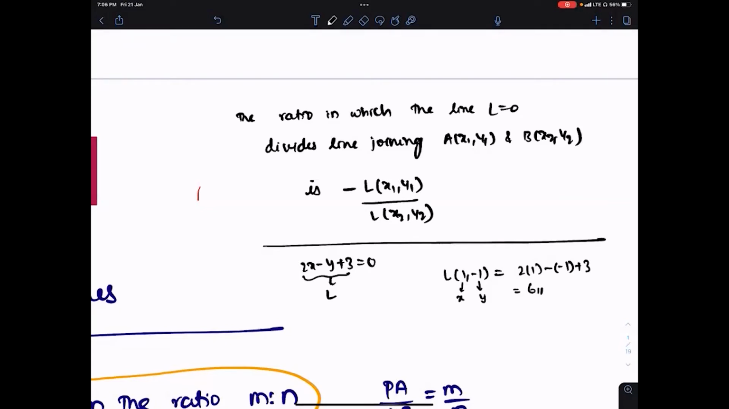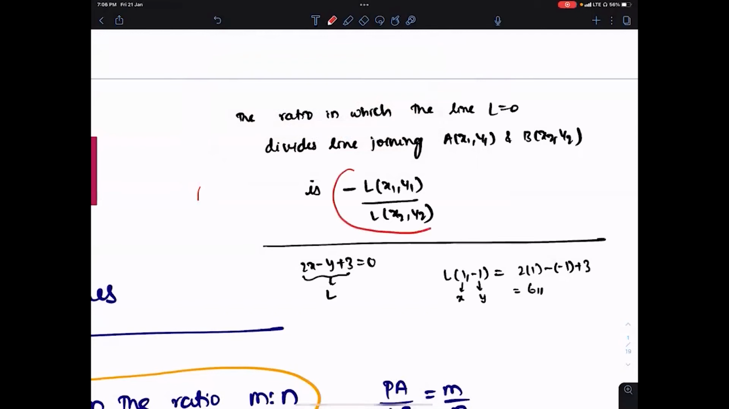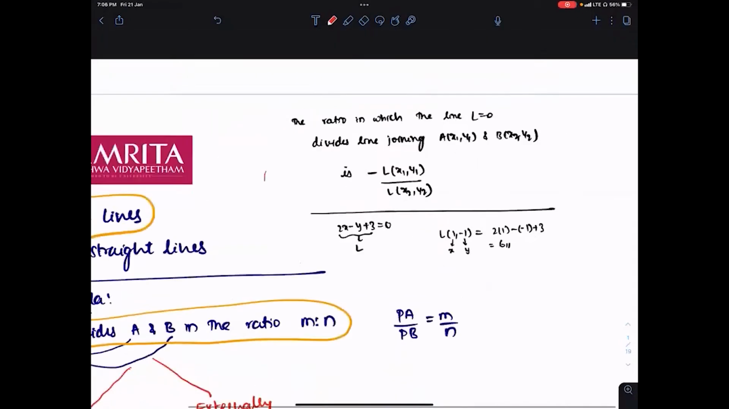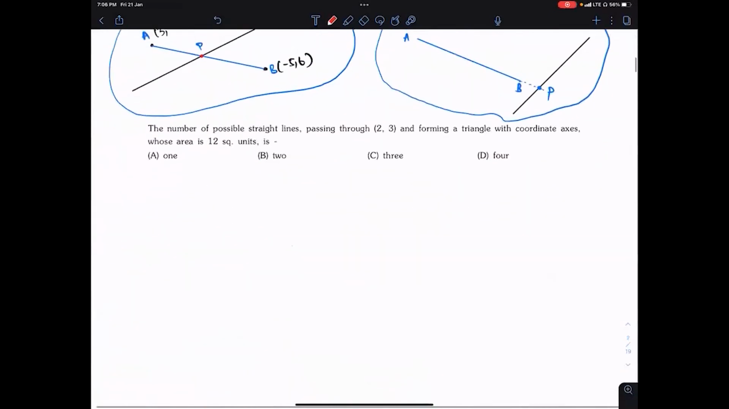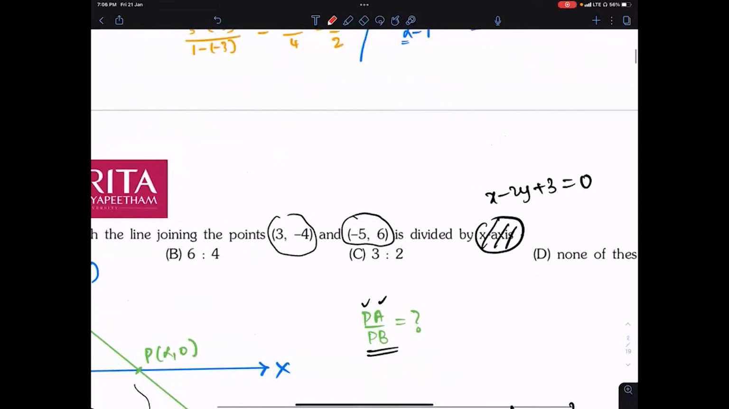This minus will tell you whether internal or external. If it is internally divided, then this whole thing will come positive. External division, the usual notation is negative, like that. So here, if you apply that formula directly, in what ratio? So this line is cutting the line joining these 2 points. Now they are asking in what ratio? Simple. Minus of,